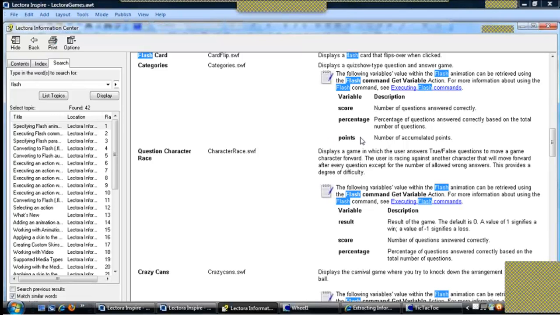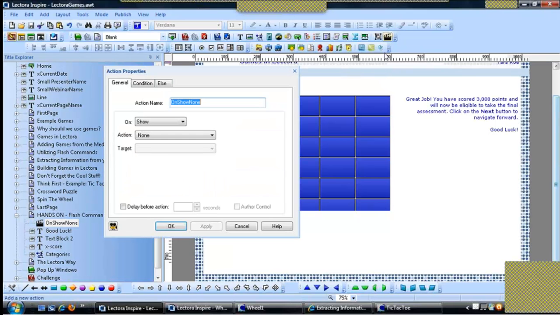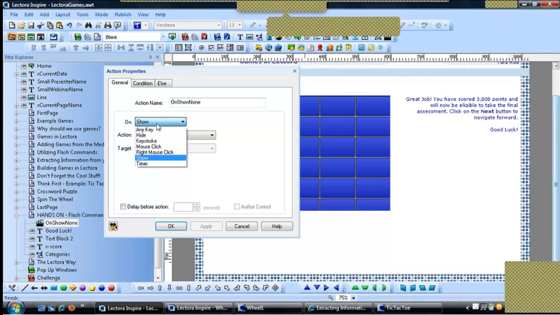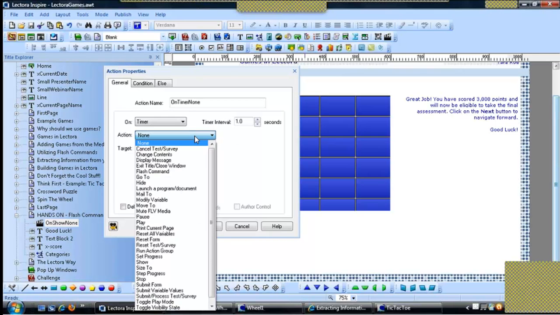Once you're armed with this information, this is the variable that I need to pull out of that Flash animated game. Now we're going to come back to our page, and on the page level, I'm going to add one action here. Because I want this to display as the learner is going through the game, and I want it to update simultaneously, I'm going to set this action trigger to on timer. I'll set the timer interval to every 1 second,